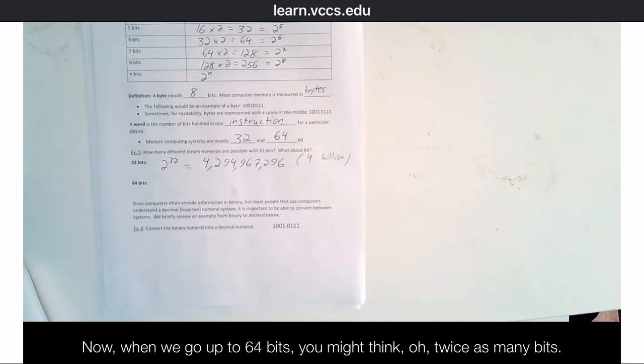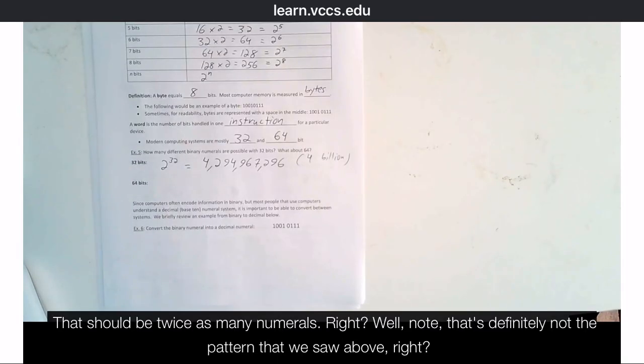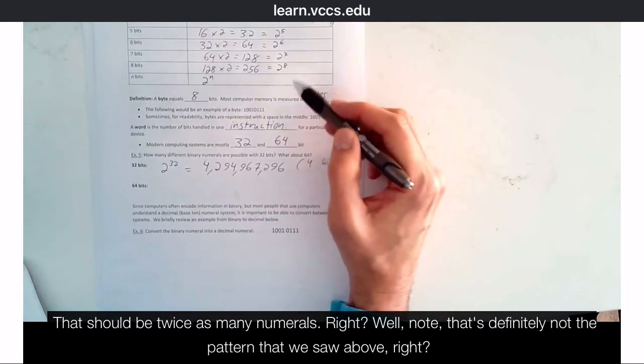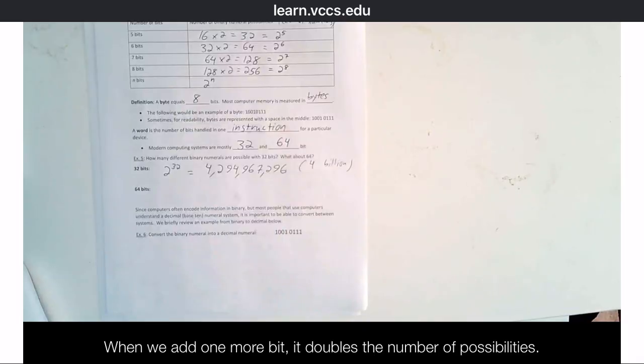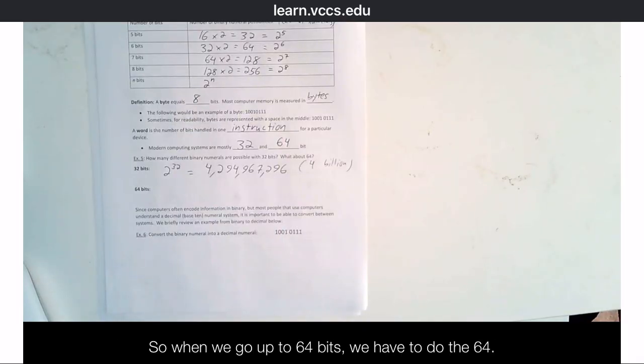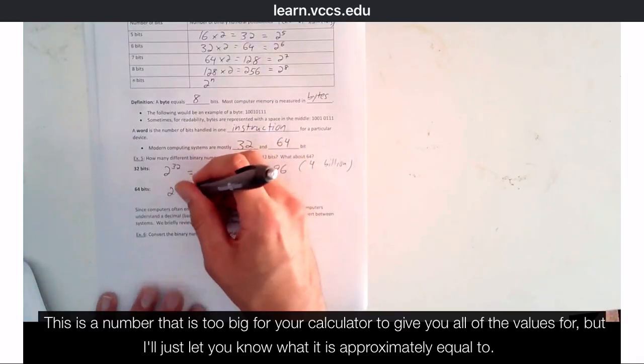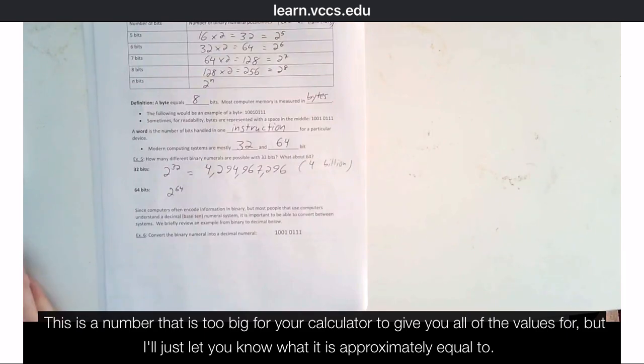Now, when we go up to 64 bits, you might think, oh, twice as many bits, that should be twice as many numerals, right? Well, note, that's definitely not the pattern that we saw above. When we add 1 more bit, it doubles the number of possibilities. So when we go up to 64 bits, we have 2 to the 64. This is a number that is too big for your calculator to give you all of the values for,